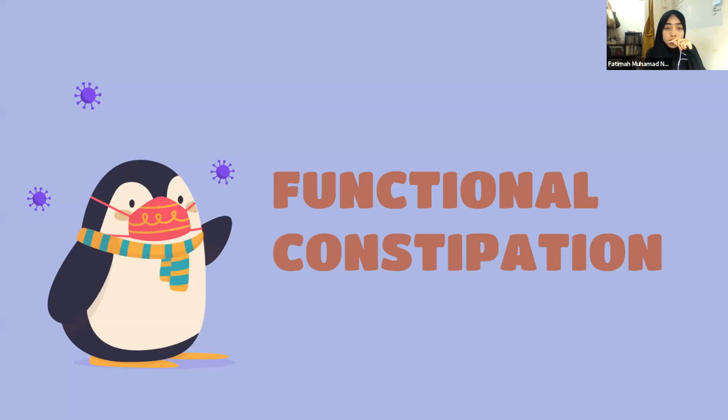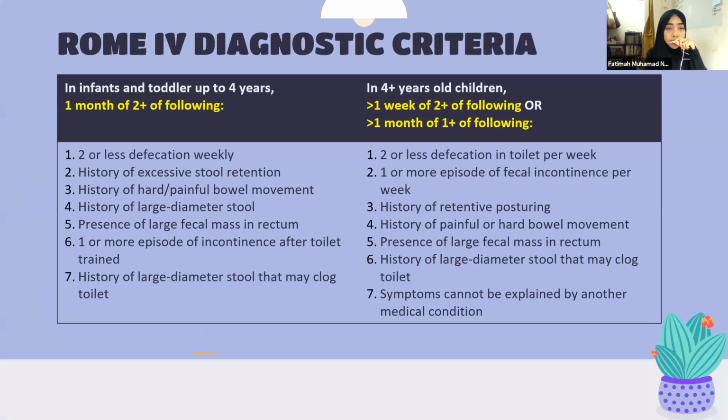Next. So first of all, we go into functional constipation. Next. Okay. So to diagnose functional constipation, we can use the Rome 4 diagnostic criteria. And this criteria divides the diagnostic categories into children less than 4 years of age and older children more than 4 years of age. So as you can see in the first column, so this lists out the criteria to